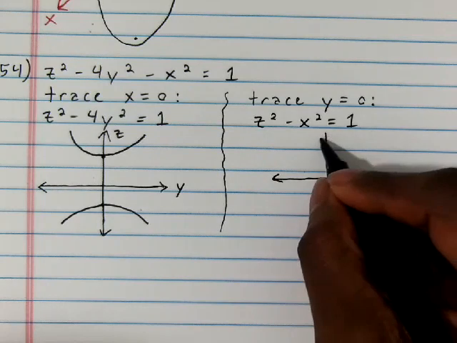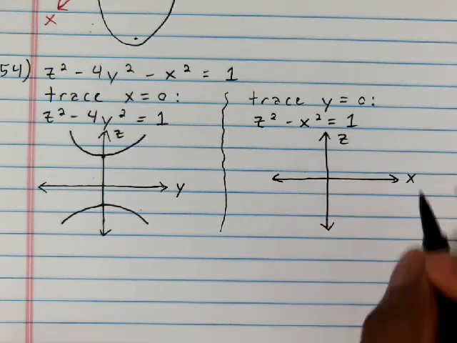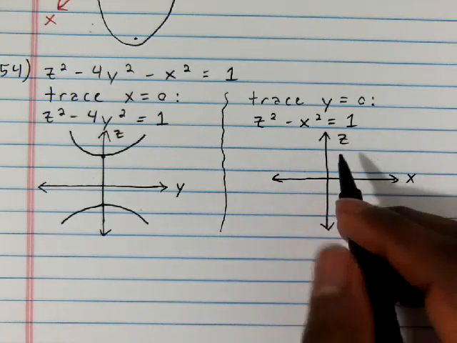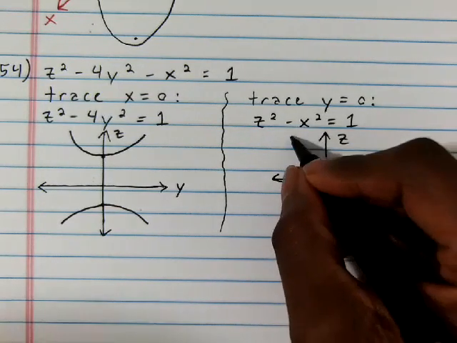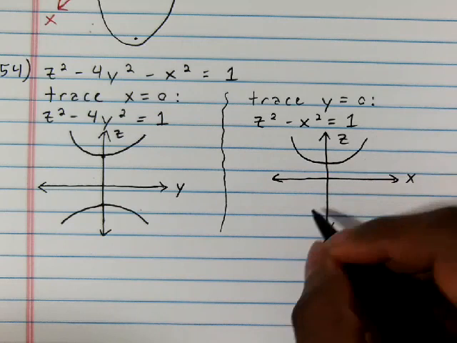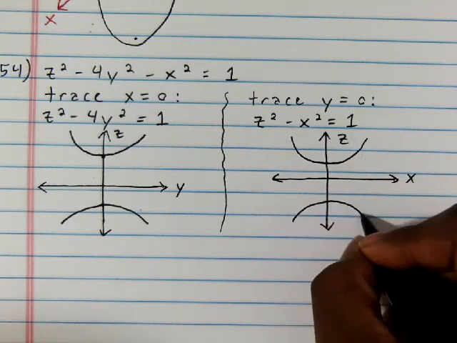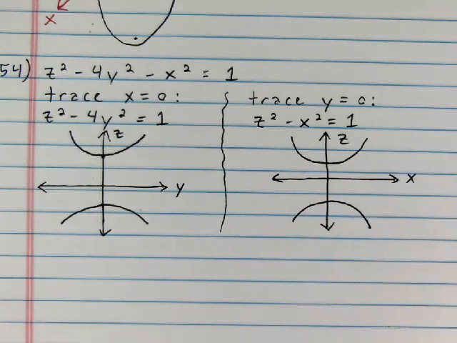So here, same thing, z equals 0 won't work, so I know that this thing's going to look like this. All right, now let's look at